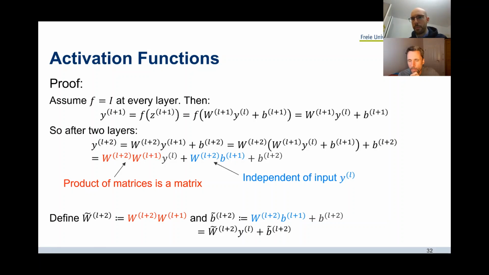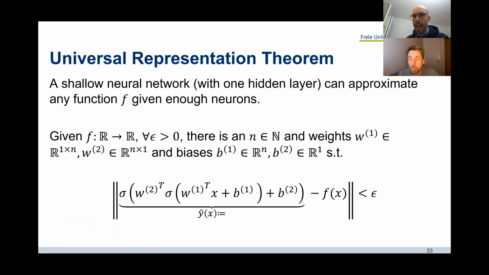And the other bottom line is that it's nice, at least if we want to stack multiple layers. But now there's one interesting question. Do we actually need multiple hidden layers to have a good model? How many do we need? Yeah, how many do we need? And actually, in theory, you just need one single hidden layer to be able to model pretty much any function you want. So there's this universal representation theorem, which tells us that